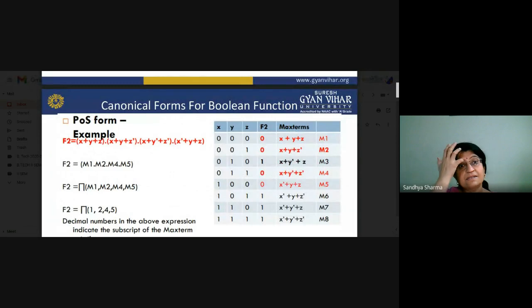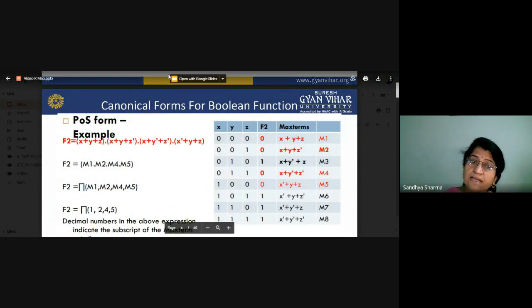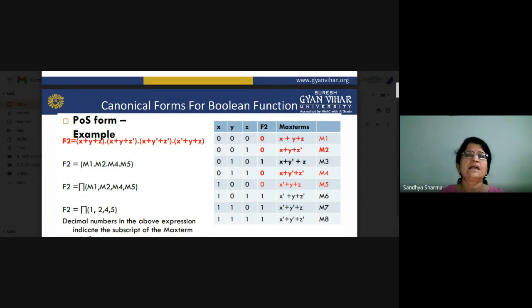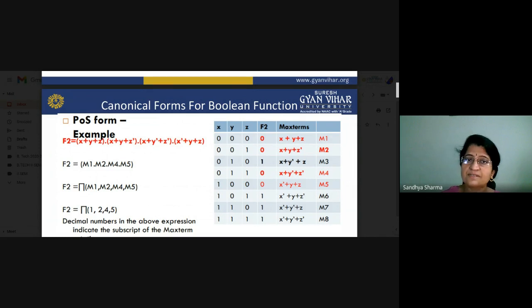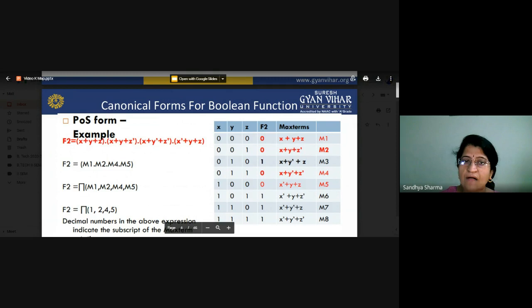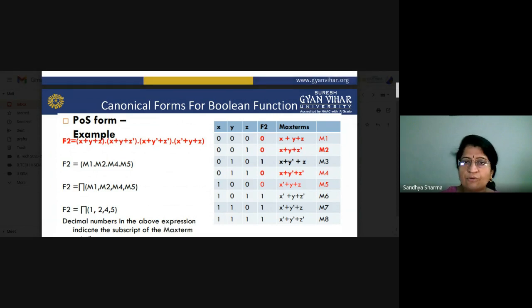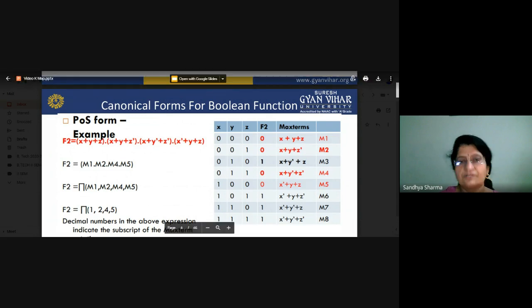So this method is basically indicated as a product of sum, meaning again you are given three variables. Okay, there are x, y and z, three variables. And now what happens here, x, y, z, so that is x plus y plus z. In product of sum, you are given the function in terms of summation, and then you take the product of all these functions.